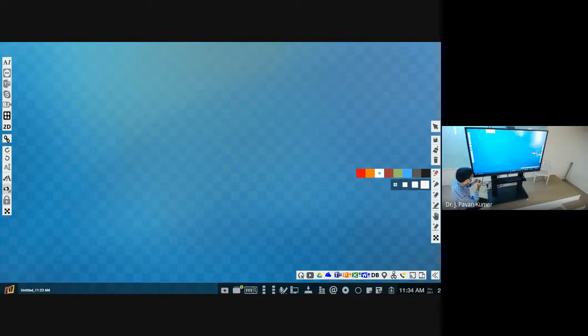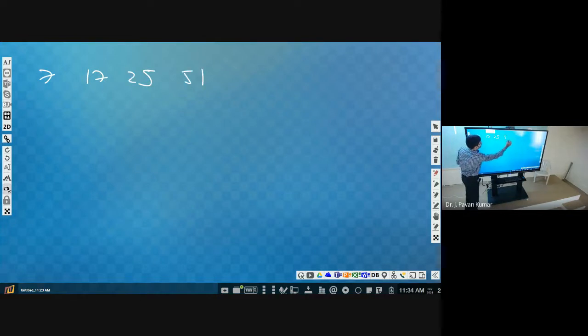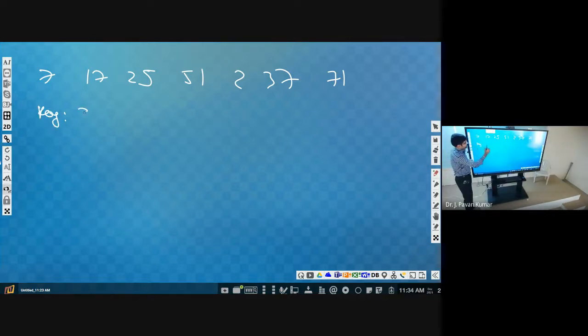Earlier, we have a list of numbers like 7, 17, 20, 25, 51, 2, like this, several numbers. Now we wanted to check for the key. Let us say key is 37. Okay, how will we check? We will compare with the first one. If it is equal, then we can say key is found.